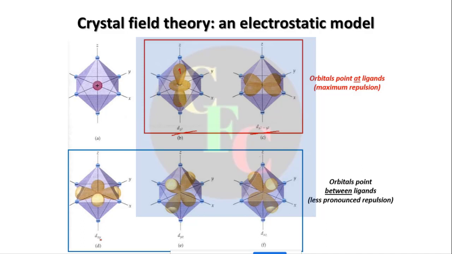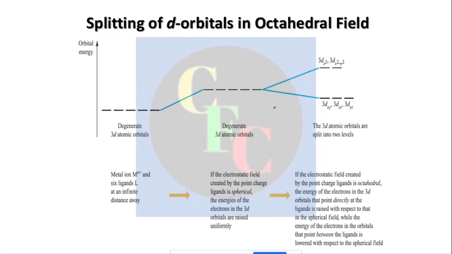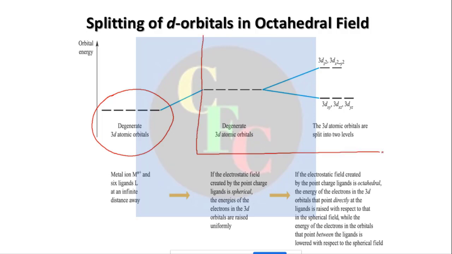That's why, as a result of this, we know that there is a change in energy. Now these 5 orbitals in the naked metal ion, or isolated metal ion, were degenerate, right? They were first degenerate, but their degeneracy is broken. This is shown in this slide. See what is happening here, right? You must have seen these kinds of figures in your book, right? But it is important to show this one also.